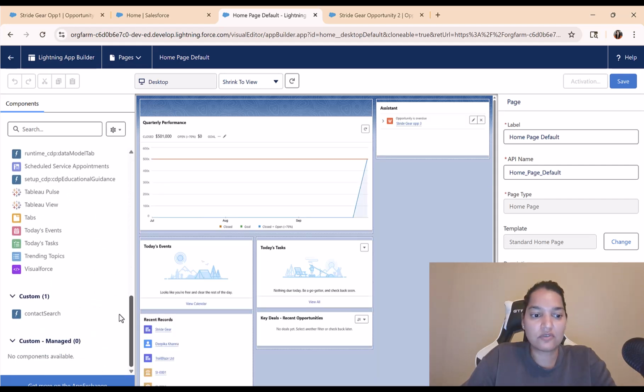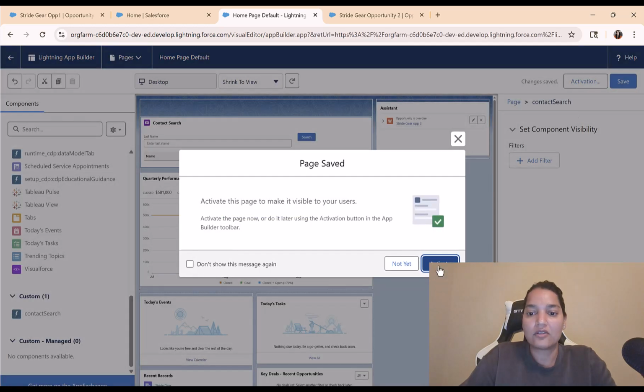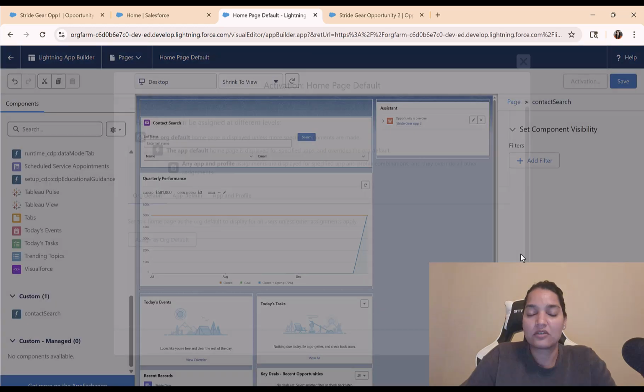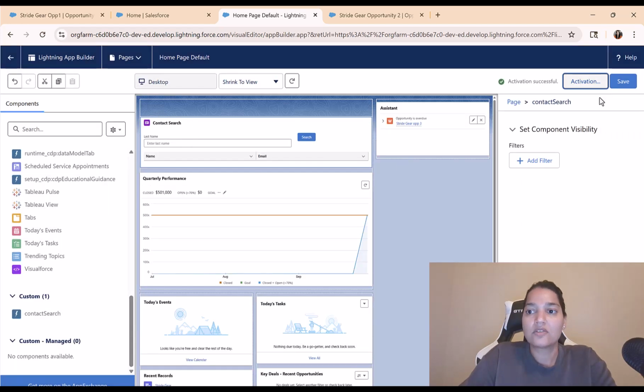So here, if you scroll down, you see this under the custom, you see contact search. I'm going to go ahead and deploy it over here, and pretty good. I'm going to go ahead and hit save and activate it. And I'm going to activate it for the entire org. So I'm going to assign it as the org default and hit save. Okay. So now if I go back to my home page,